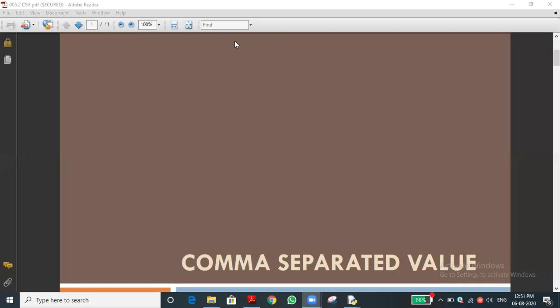Yesterday we started the comma separated value file. That is a new topic which we are seeing in file handling. This is the last topic in this chapter. Then after that, one more chapter is there, that is data structure. In that, two concepts are there: one is the stack, another one is queue. Once we complete it, Python is over. Then afterwards we are entering into SQL. That is our plan.